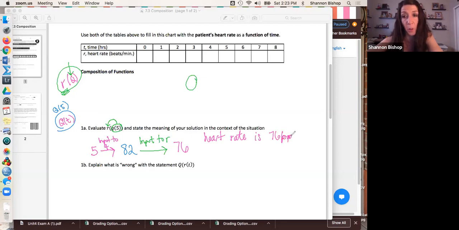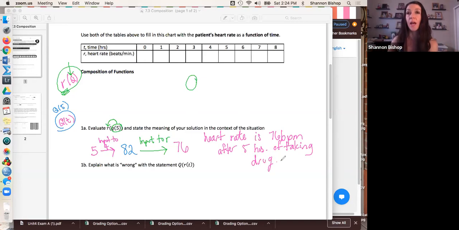So the heart rate is 76 beats per minute after 5 hours of taking the drug. Now, notice I am not mentioning the 82 in my English sentence, and that is because